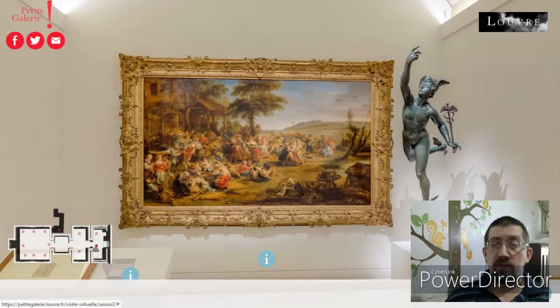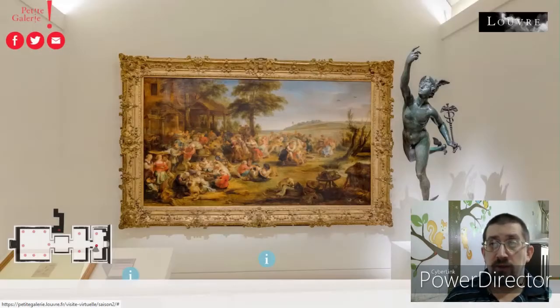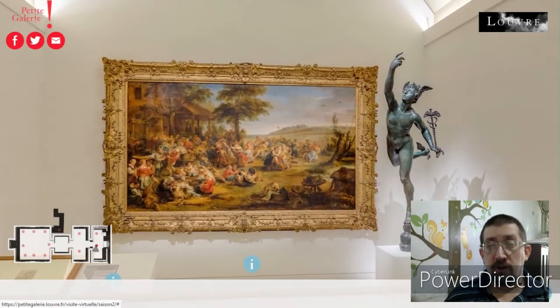And also we have a sculpture over here, talking about paintings and sculptures. A very famous sculpture here, which is a very common French sculpture of Mercury. Mercury, yes. It's a bronze cast by Jean de Bologna, Bologna, yes, Mercury Volant, yes, Mercury kind of running and guiding along here. Yes, Mercury was a Greek messenger god, the god of messages, and also a god of wealth and prosperity, yes,